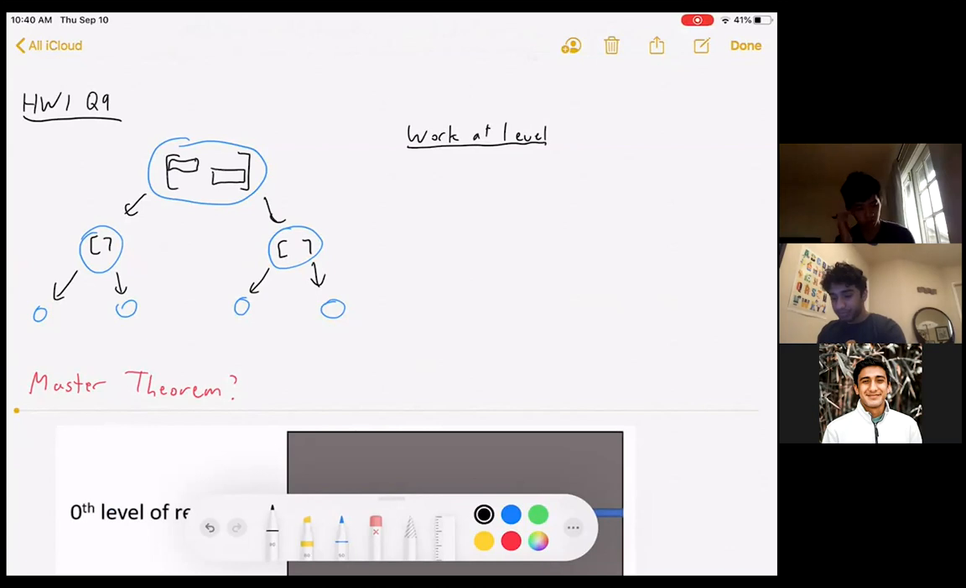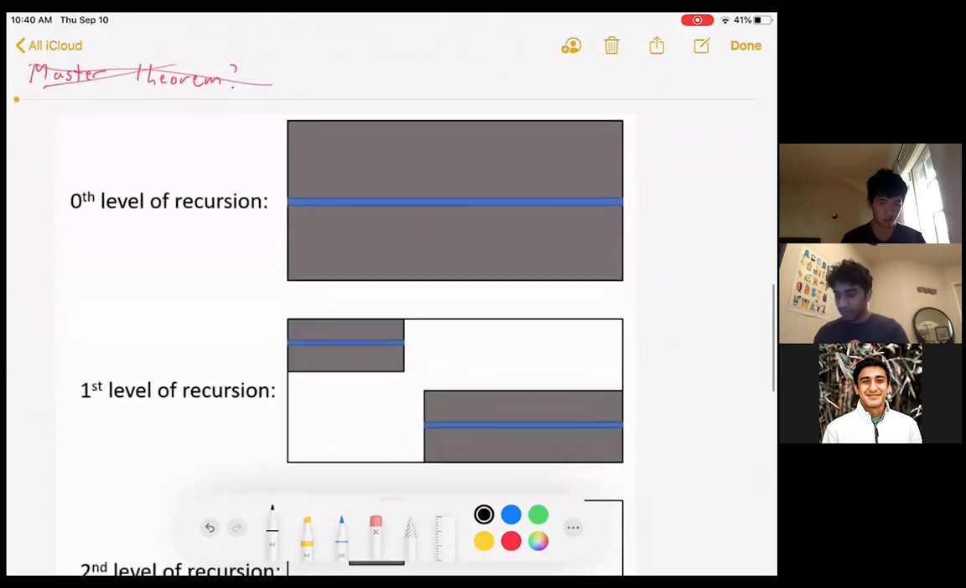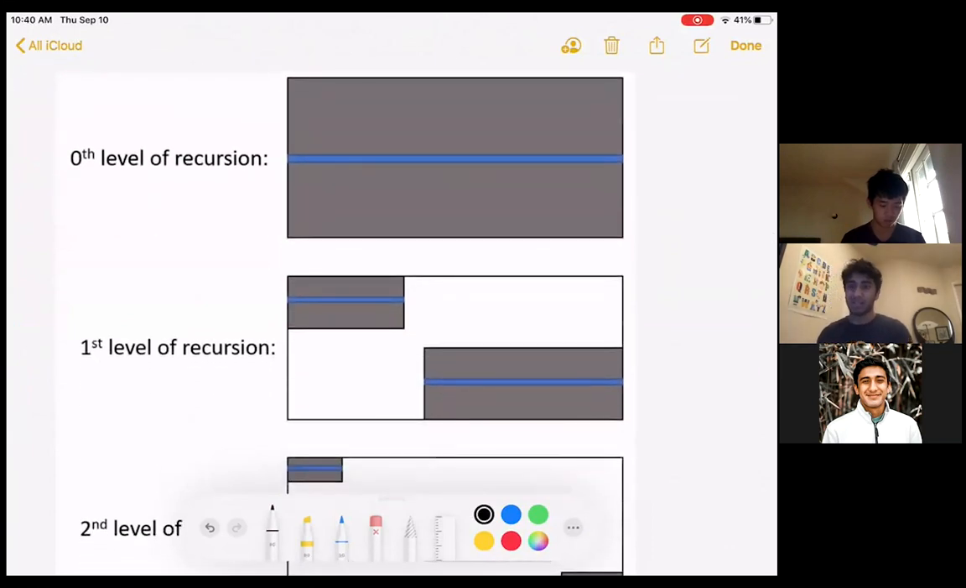And when you think about it initially, you might think, oh, well, master theorem should work here, but that actually doesn't work, and I'll explain why. If you look at this visual representation, this is also from the homework solutions,